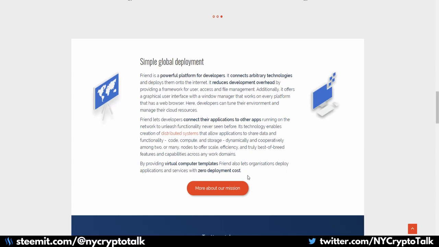It connects arbitrary technologies and deploys them onto the internet. It reduces development overhead by providing a framework for the user, access, and file management. So it is very plug and play. It is a very easy platform to deploy on, as well as quick. So when they need to deploy something, they can easily deploy it to multiple instances as well